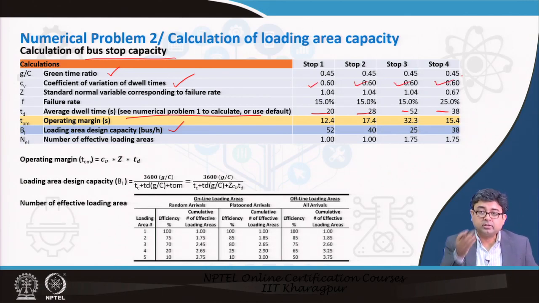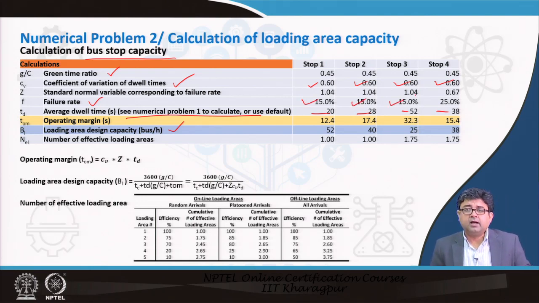You know how to calculate the coefficient of variance of any given data set. Then along with that, you know what is the failure rate. A standard failure rate can be assumed here as well. Failure rate meaning every time the bus is unable to re-enter back into the stream. So, there may be a certain percentage of time, because of the queues formed on the travel lane, that it is not able to re-enter.